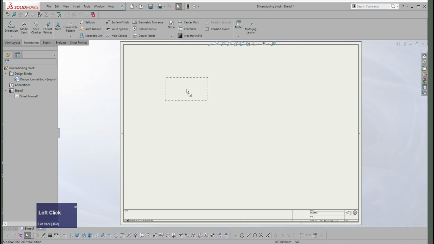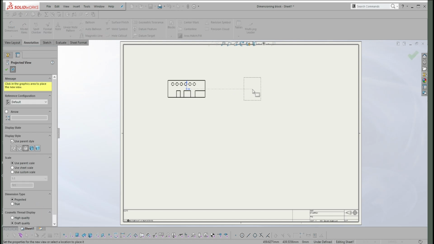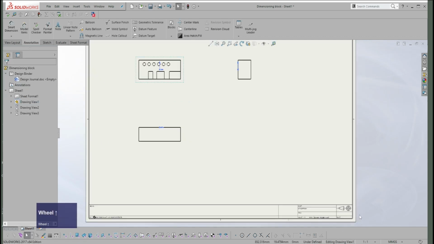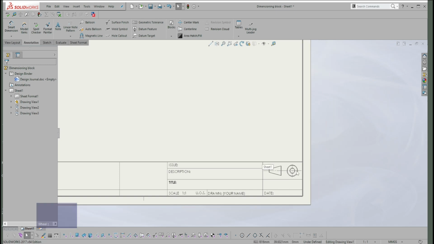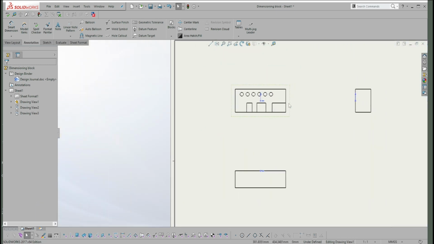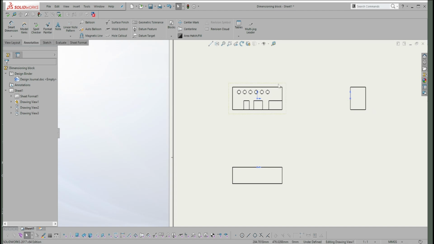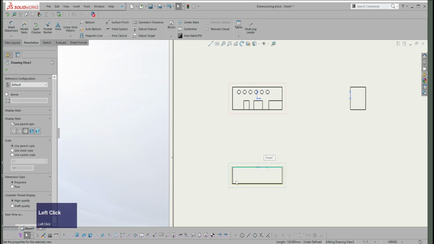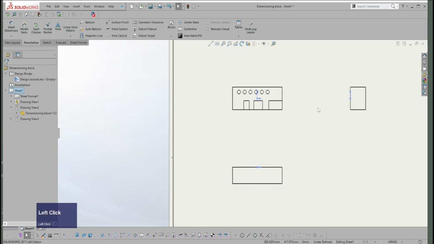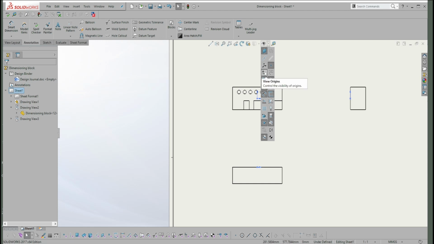So there's my front view, and it should now give you the option of just dragging out a left view and a top view. So those are the 3 views indicated by this symbol at the bottom, which is first angle. Right, so both first and third angle start with a front view. In third angle, you would get a bottom view at the bottom and a right view on the right hand side. We're using first angle, so we should get a top view at the bottom and a left view on the right hand side. This is just personal preference. I want you to stick to it just so that we're all on the same page. I'm going to make my view origin disappear,